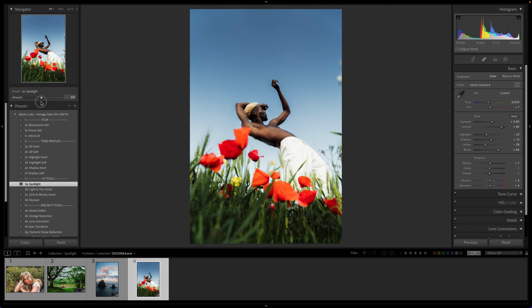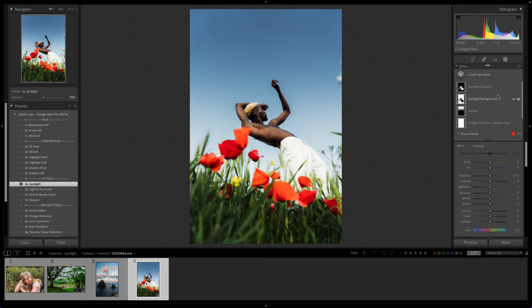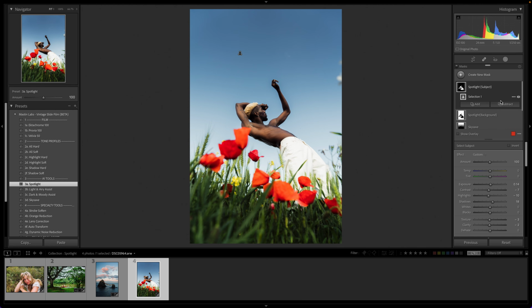can see that something that's happening is that these flowers are also being considered by Lightroom as part of the subject. So here, we'll go ahead, I'm going to bring this back to 100, and we'll go into our masking tool. We have two options here for these two masks. We have the Spotlight Subject, Spotlight Background, and what I want to do is I'm going to click on my Spotlight Subject, click one more time, hit Subtract, go to my brush, and let's see, I'll make my brush a